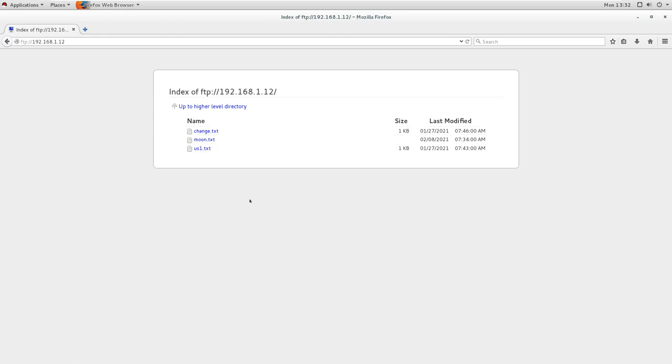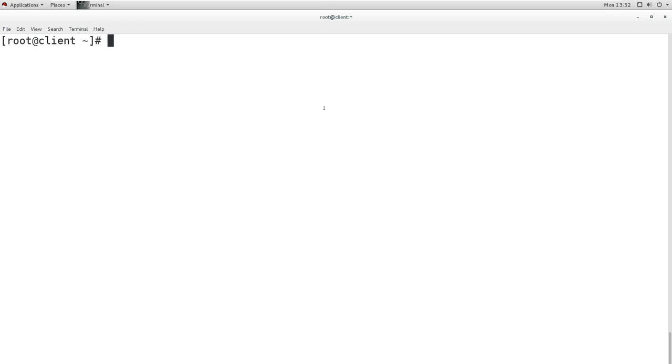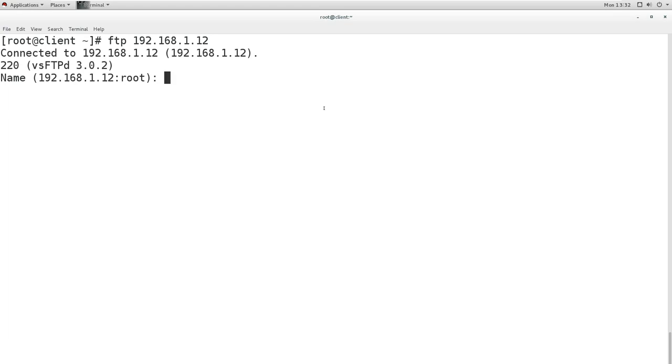So now when I access it from the browser, it is accessed with the username. It will not be accessed as anonymous. If I try it from the command line also, if I try anonymous from here, and when I enter the password, it will say permission denied because it is not allowing.